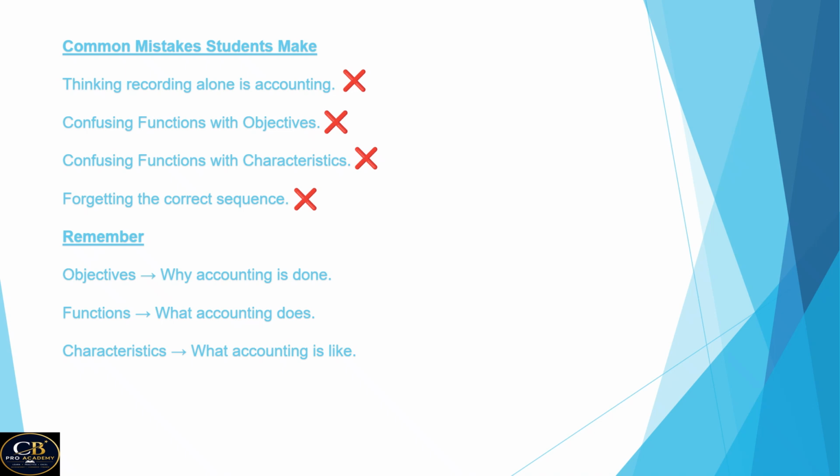What you need to remember: objectives, why accounting is done; functions, what accounting does; characteristics, what accounting is like. Okay, characteristics we will discuss in the upcoming chapters. Okay,